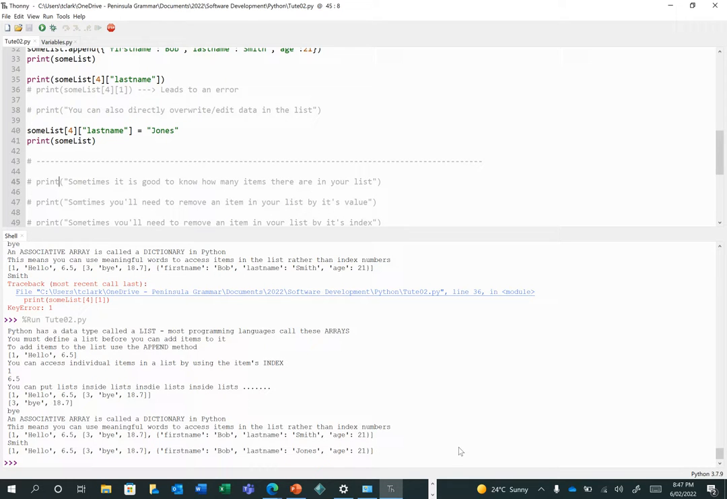This is Python Tute02B, and this is things that we can do with lists. So now that we have a list, we can do a number of things with that list. So the first thing that we're going to do with any list is we need to know how many things are in that list. So for example, if we just print out our list,